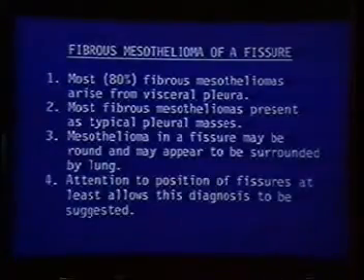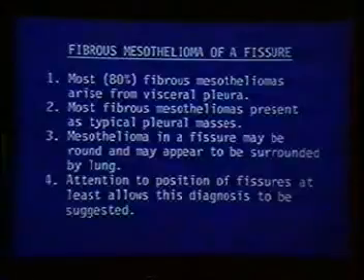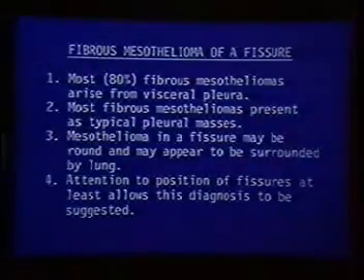Now, of course, most fibrous mesotheliomas are going to arise at the periphery of the chest, and they're going to have relatively typical appearances as pleural masses. But if you put one such mesothelioma into a fissure, as I say, it will be surrounded by lung, and it will clearly simulate a lung nodule in just about every way. If you're aware of this possibility, you can sometimes get the jump on the diagnosis, as we did in this